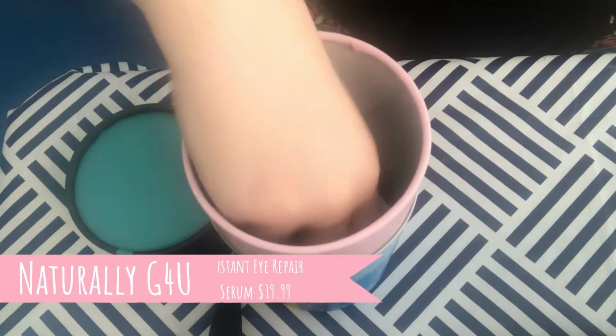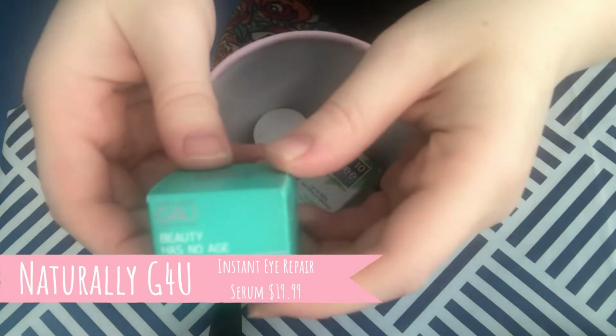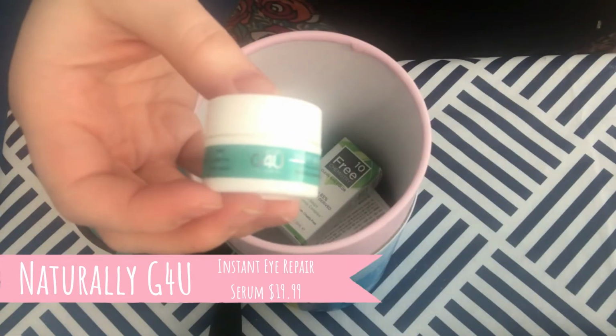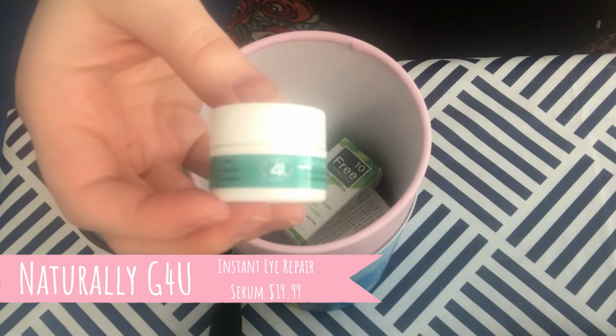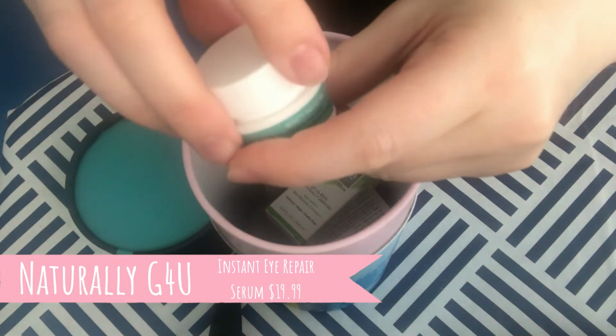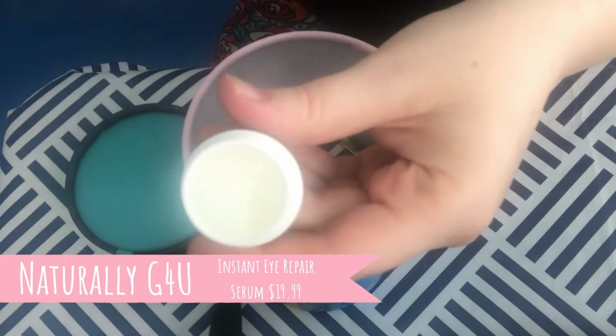Next we have a Naturally G4U Instant Eye Repair Serum, a super hydrating serum that targets the skin below the lower lids to restore lost volume. I can totally get down with that. So there is that. You can kind of see it. I don't think you could see it before because the way the light was hitting it, but there you go. It's kind of a milky clear gel,